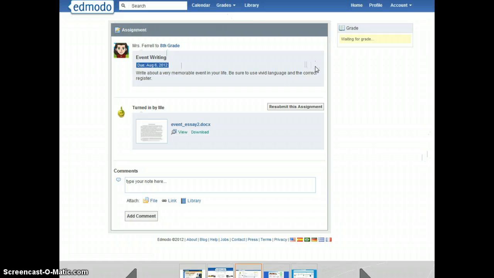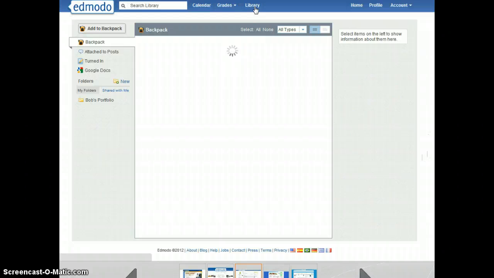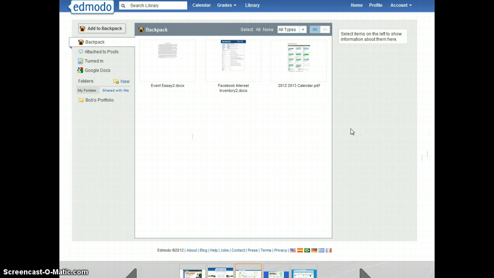What you will find very useful, I hope, is the library. This is an online storage location for any of your files. It doesn't have to just be for your schoolwork. You can use this for anything, similar to a flash drive or a Dropbox account. Here you'll see the things that you have in your backpack, assignments that you have uploaded. You can add to the backpack very easily